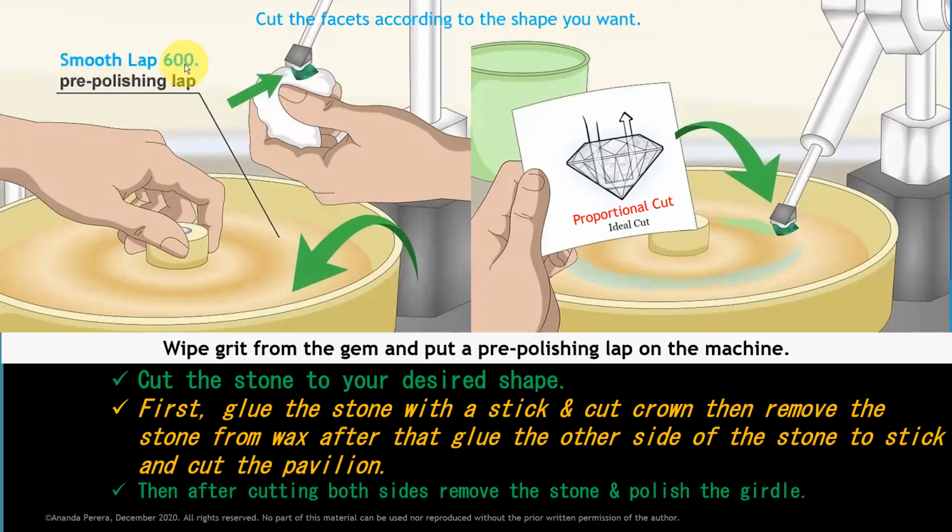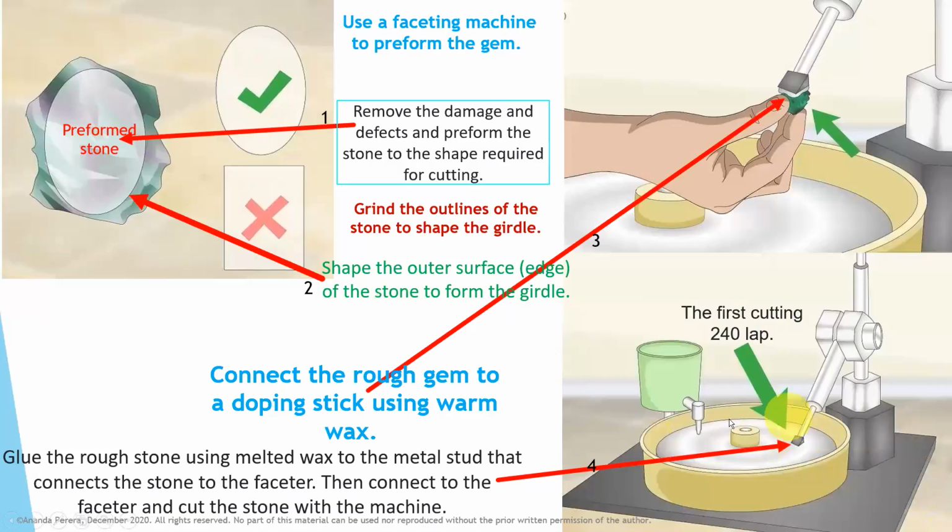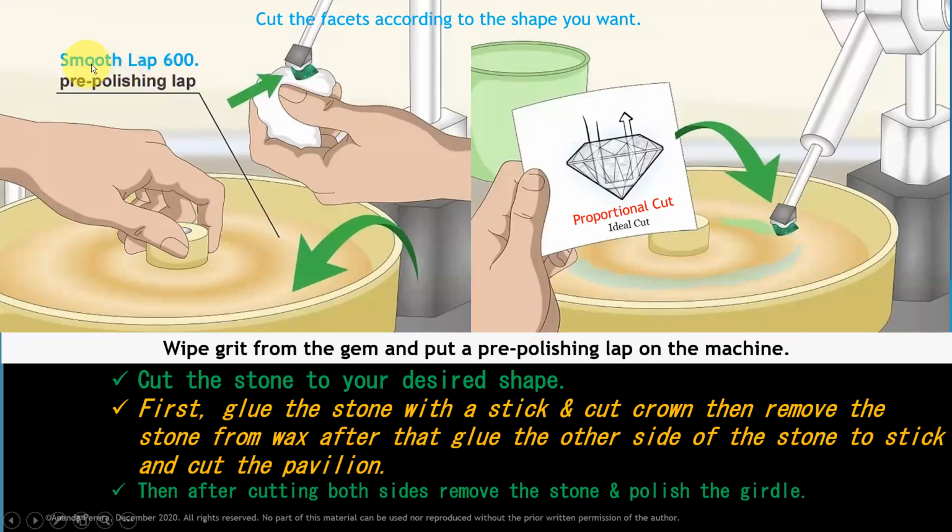Smooth lap is after cutting with the 240 lap. This lap is the first cutting lap. Second lap is the polishing lap. Smoothing lap, that is 600. We use the 600 lap before polishing to do the pre-polishing. The same facets we are using here. Then